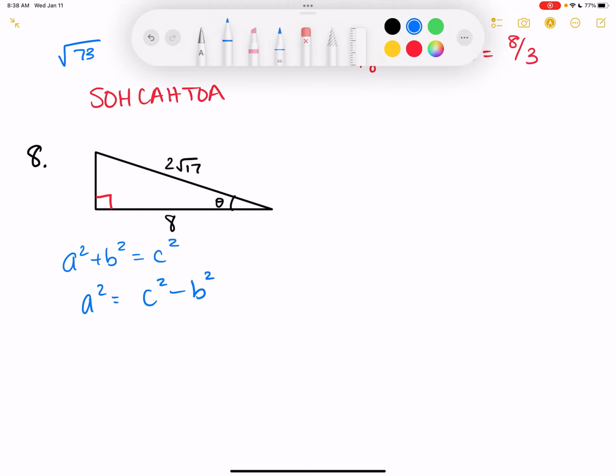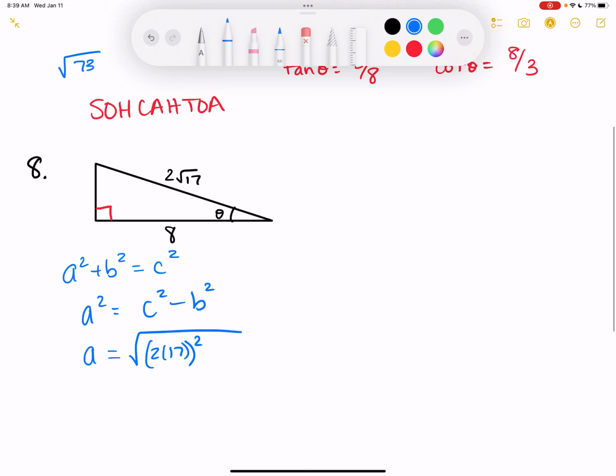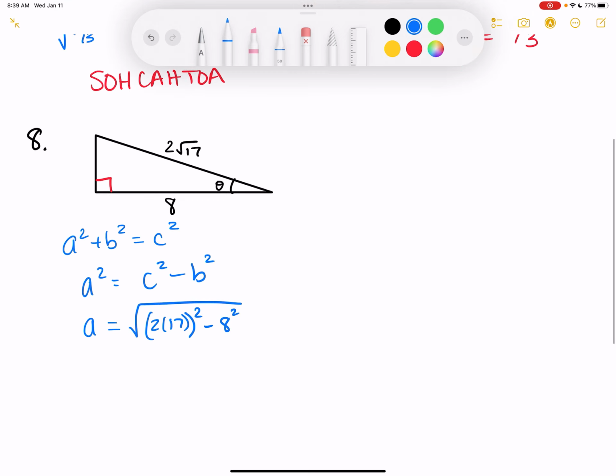A lot of times I'll even go this far when I'm plugging in the numbers, just to save steps of writing. But if you need to write them all out, more than fine. So I have 2 square root of 17 squared, and then minus 8 squared. So 17 times 17 is 34. And then,